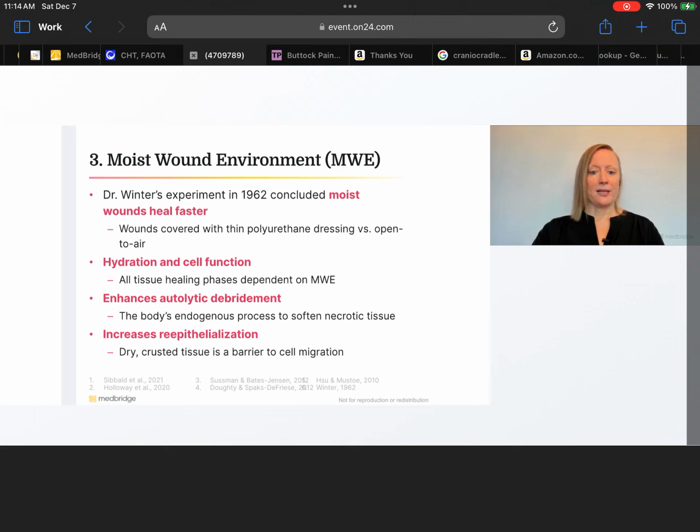Autolytic debridement is the body's endogenous process to soften necrotic tissue so that we as therapists or as a patient can gently remove that at a dressing change. So most dressing options that we are focused on are trying to promote that autolytic debridement, which is extremely dependent on that moist wound environment. And then it also